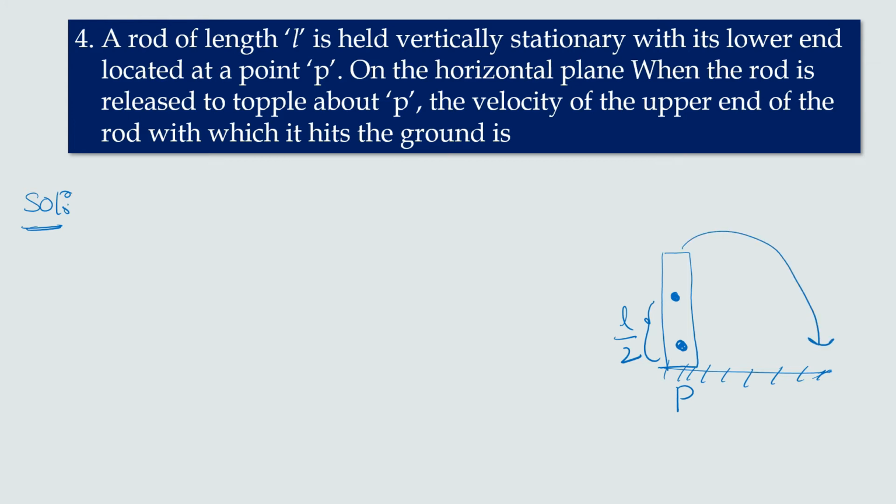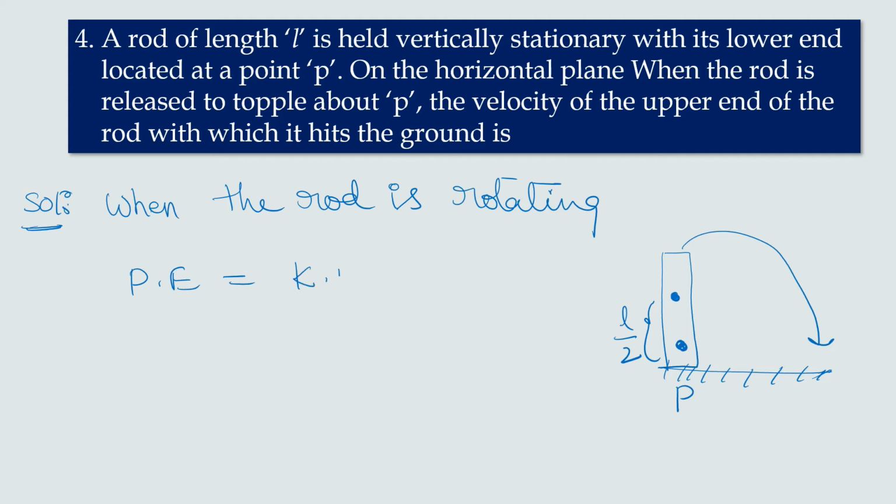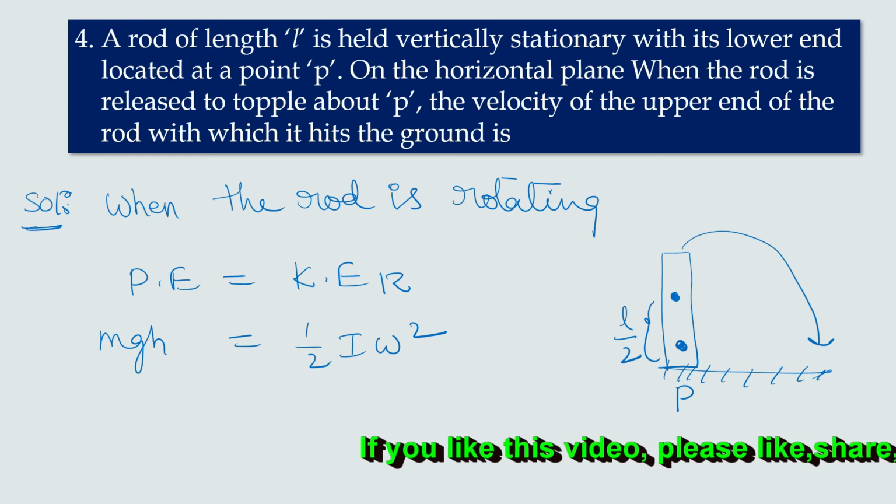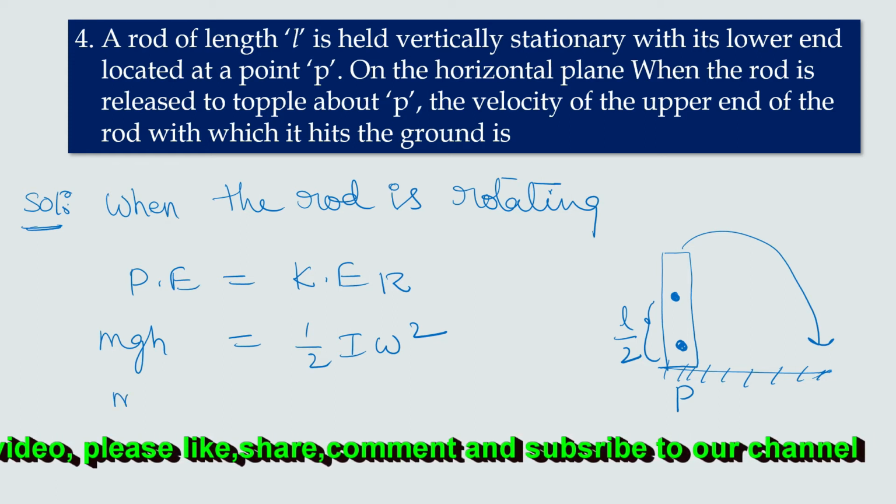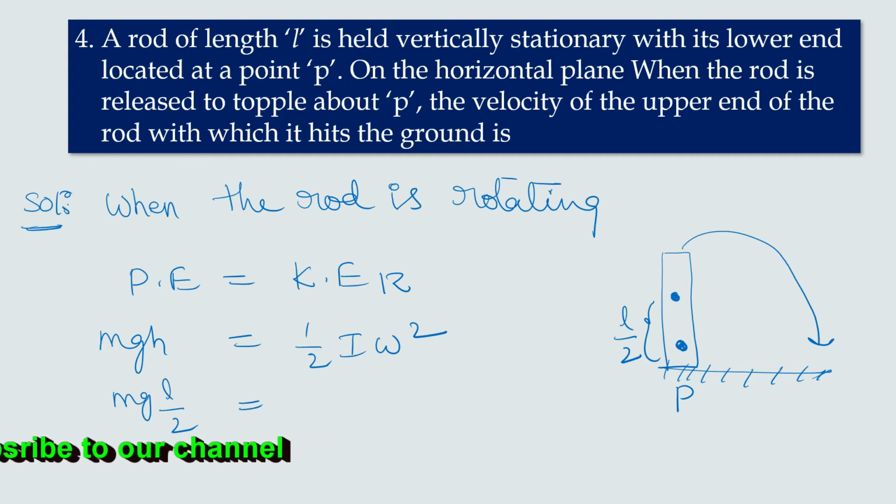When the rod is rotating, potential energy is equal to rotational kinetic energy, that is mgh is equal to half I omega square. Now mg, with h nothing but L by 2, is equal to half